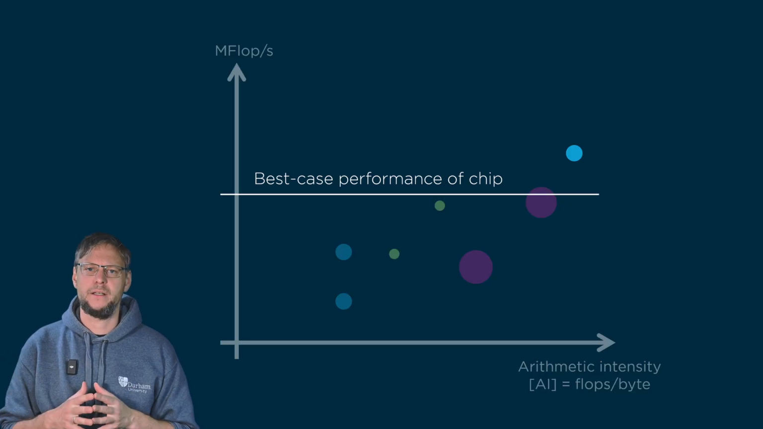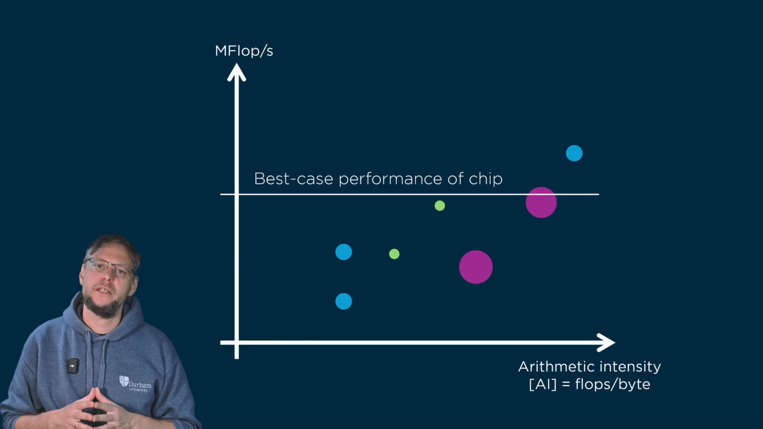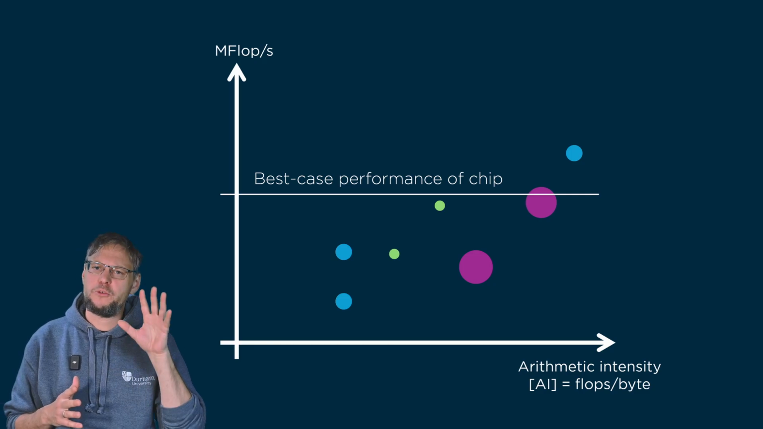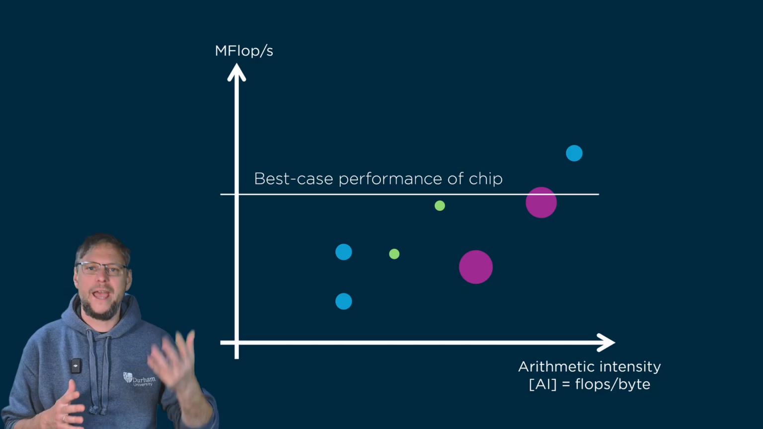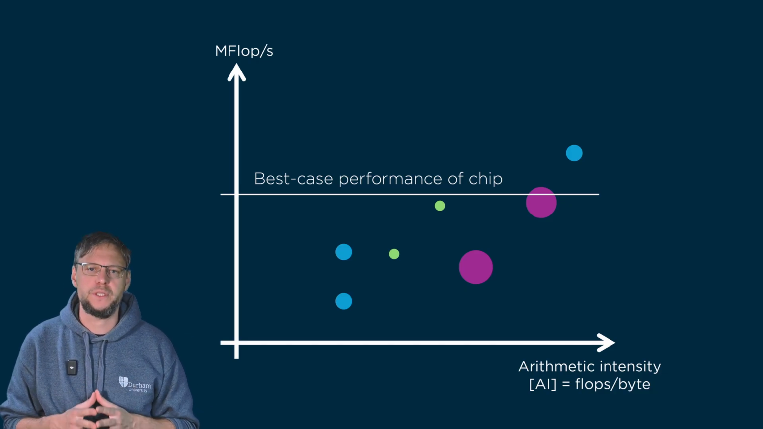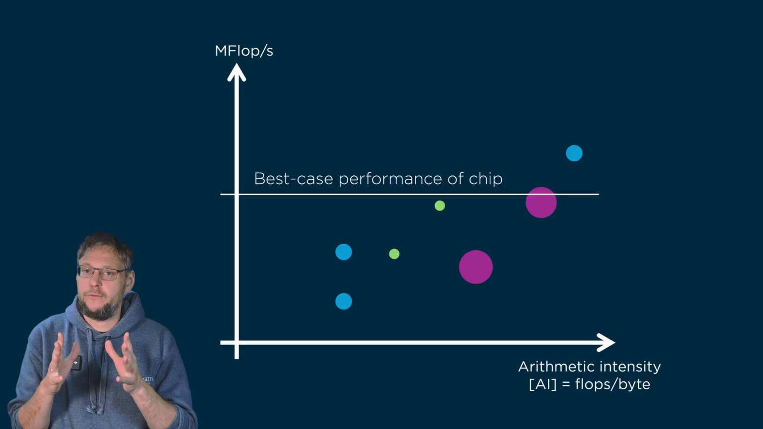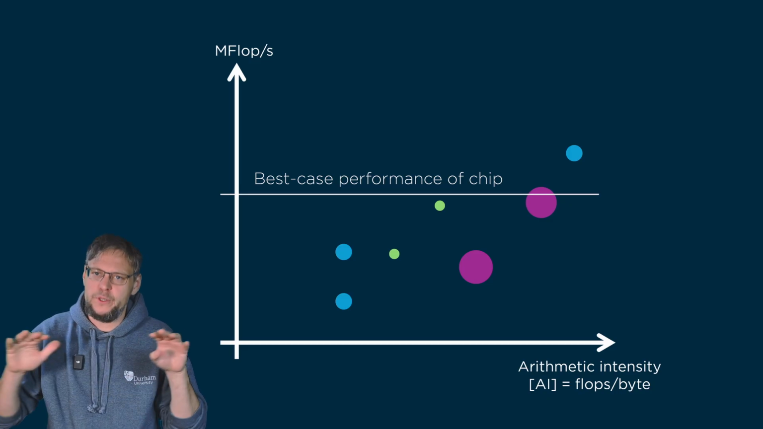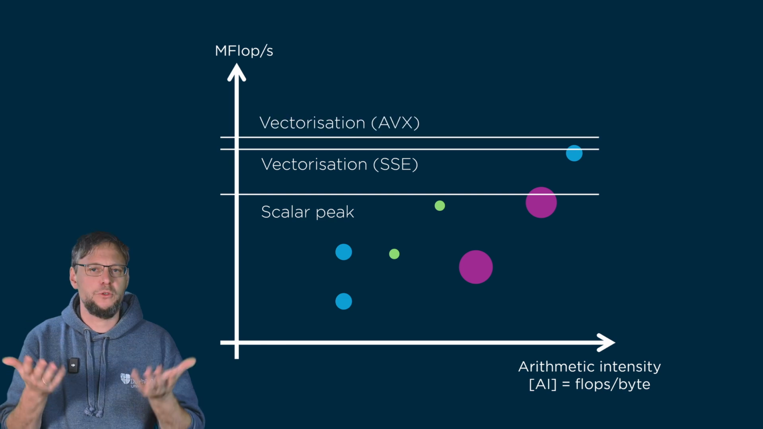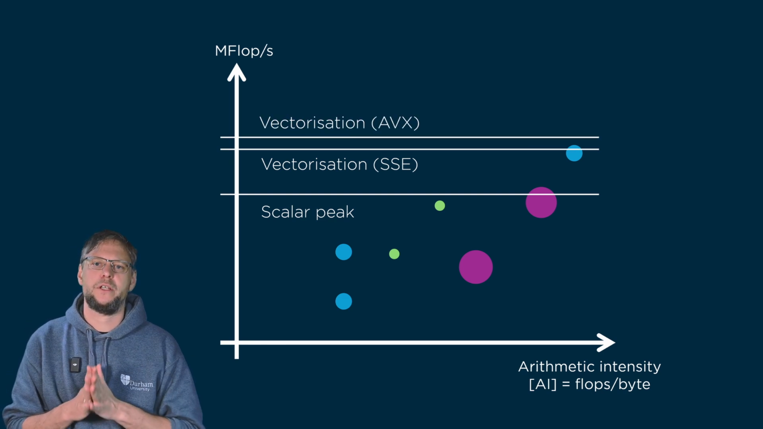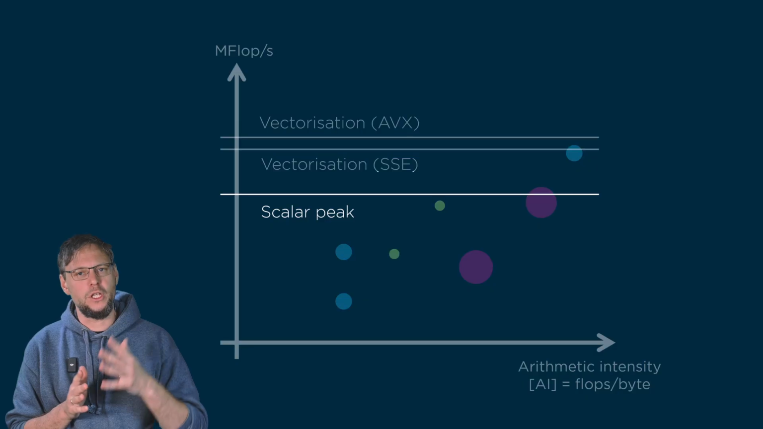Why is that? Well, we have vectorization, and as we recall, vectorization boils down to the idea that we can do 2 or 4 or 8 operations for the cost of one single one. Therefore, we do not have one horizontal line, but we have multiple horizontal lines corresponding to different hardware utilization strategies. We have the lowest one